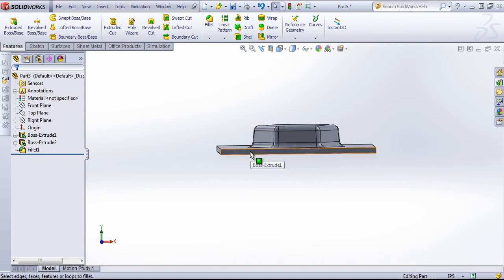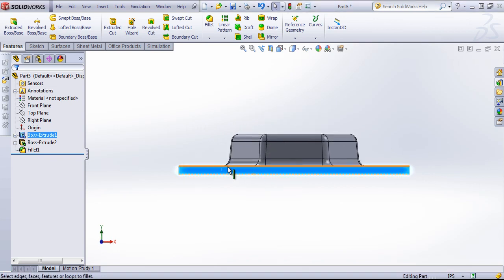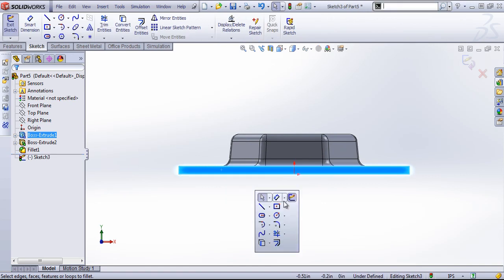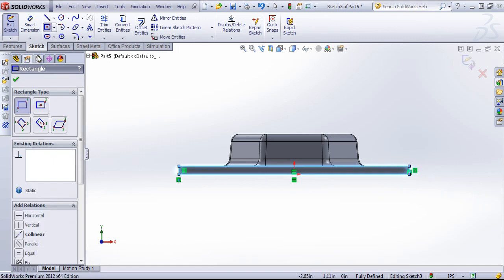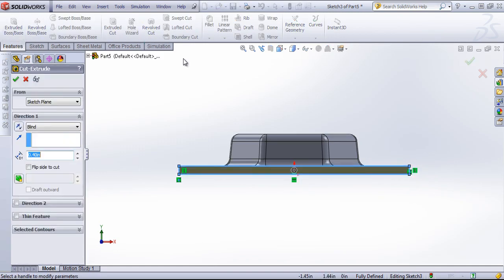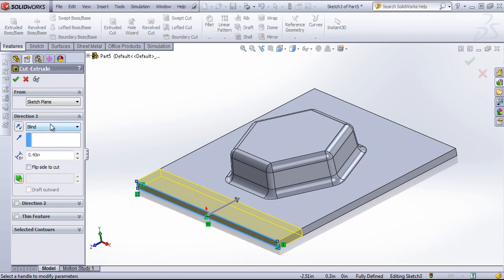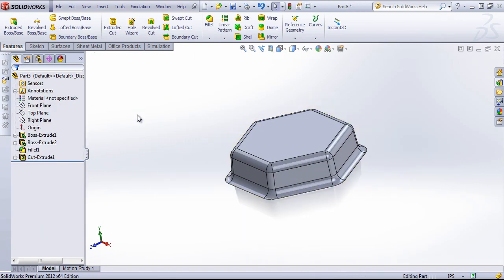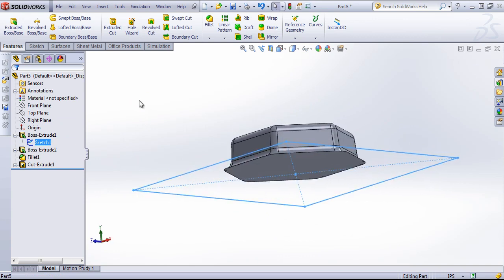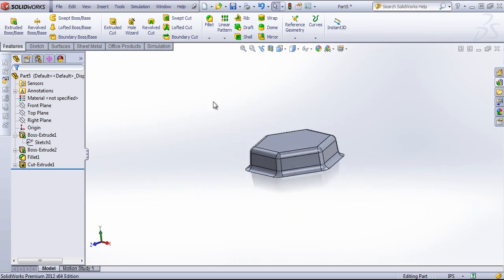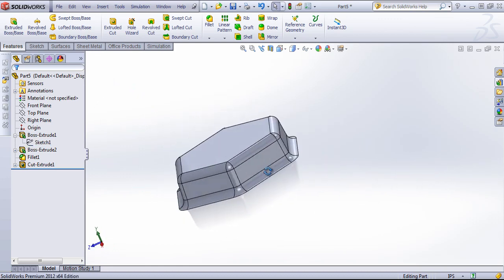Lastly, before creating the form tool, we want to cut away the base. So we'll just create a sketch and an extruded cut and just do it through all. And you can also do that pretty simply by reusing the initial sketch and creating an extruded cut up to that surface as well. But now we have the geometry we want for our form tool,